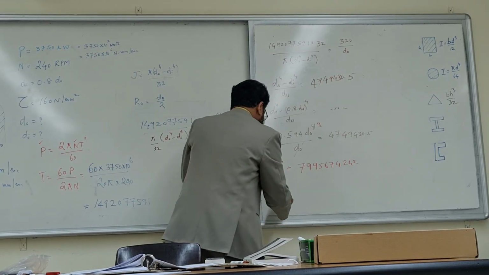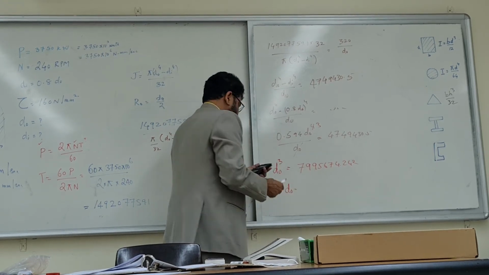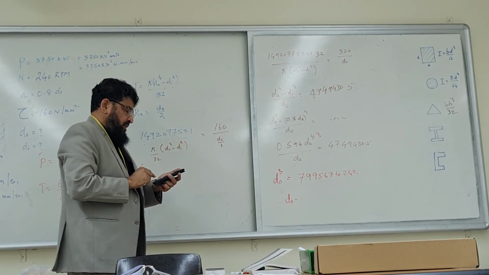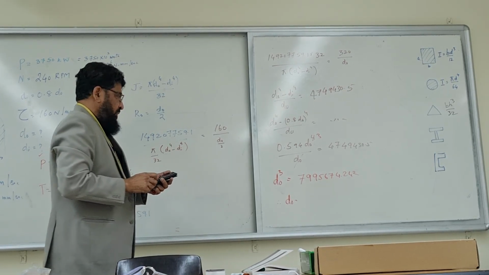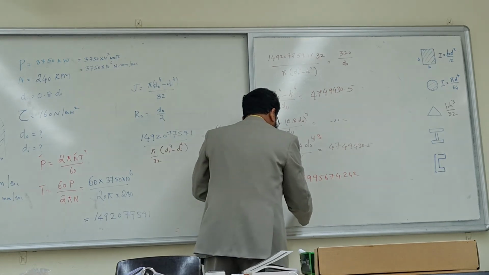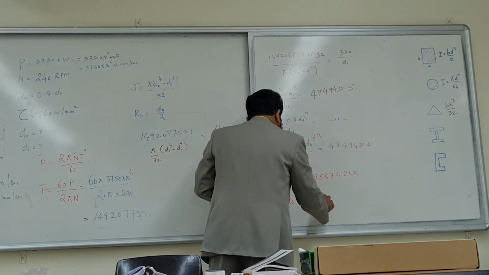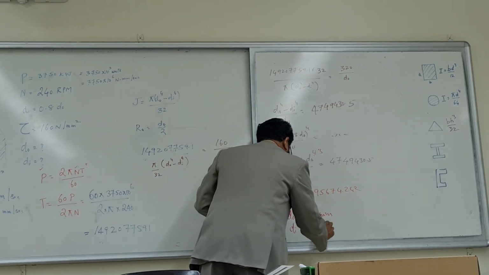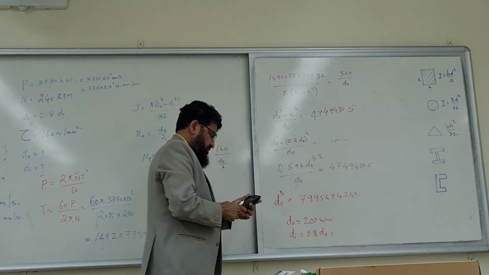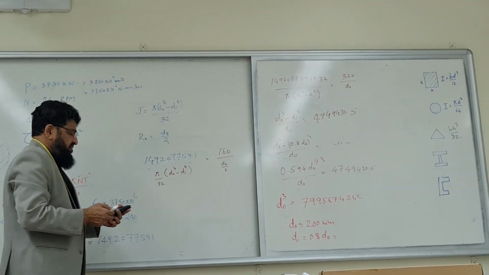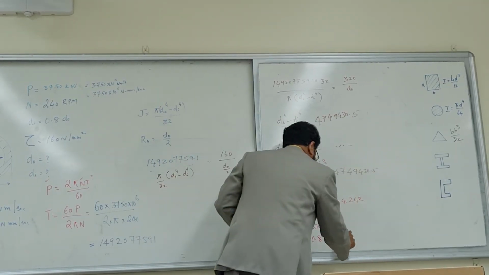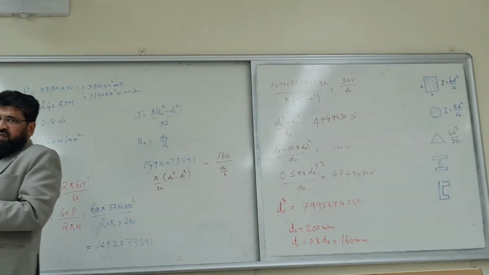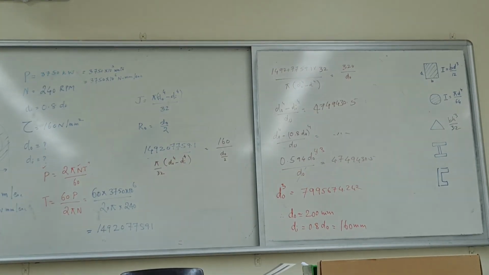That gives 7995674.242. Therefore, D naught is equal to the cube root of this, to the power of 1 by 3, which is 199.96, approximately 200 millimeters. So what is the value of di? di is 0.8 D naught, that is 0.8 times 200, which is 160 millimeters. Okay, this is the value of